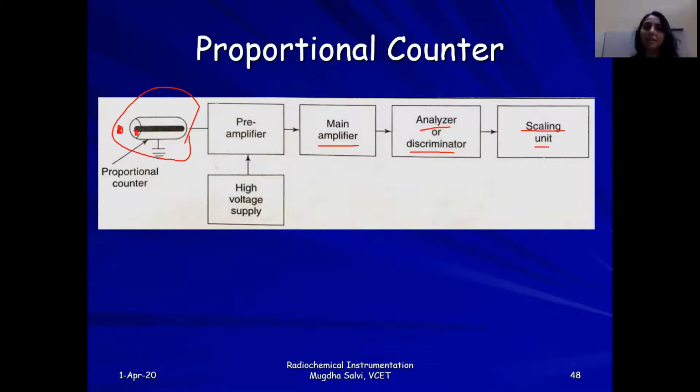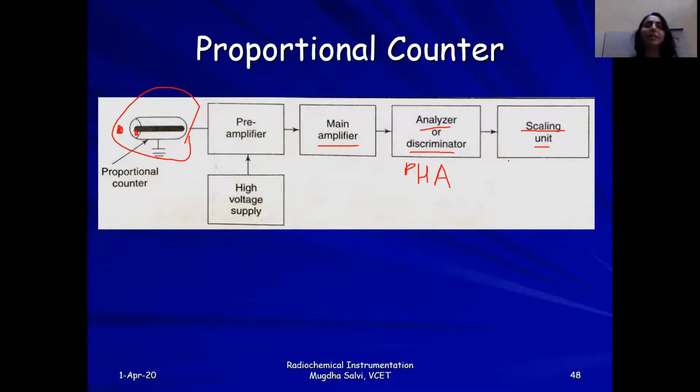Once these pulses are counted, then we can directly display them on the display unit, from which we can come to know how much activity, radioactivity, has actually occurred in the proportional counter. The discriminator is similar to a pulse height analyzer, which we will be studying further, from which you will understand what is the working. Pulse height analyzer.